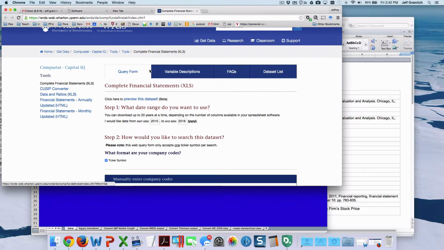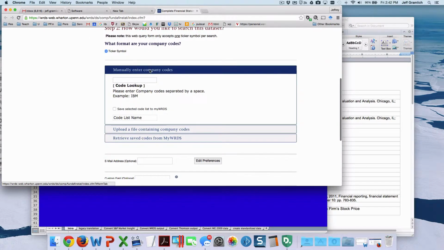This allows us, with some modification, it's not perfect, you'll want to check it, to focus on the data and not on collecting the data. All of this data is available public domain, but by having Words, we can do it relatively straightforwardly and spend a little bit less time collecting data and a little bit more time analyzing the data, which is the purpose of this course. So I'm going to type in here IBM